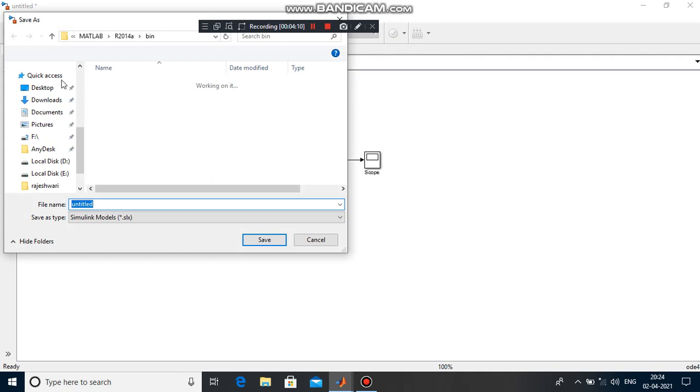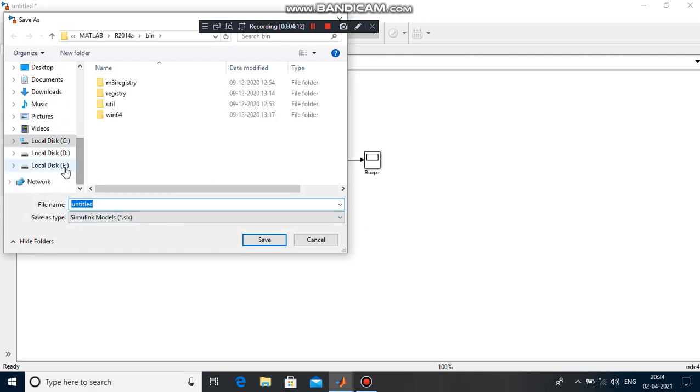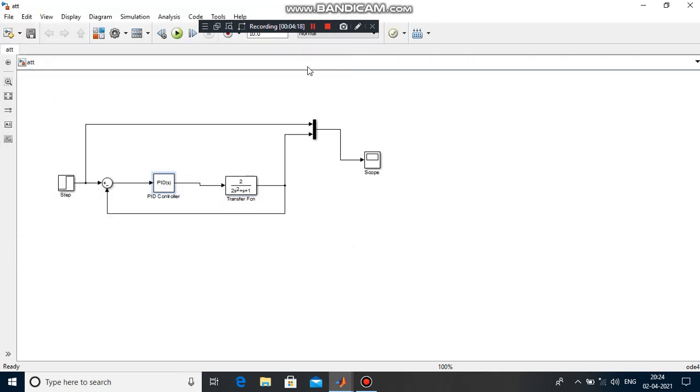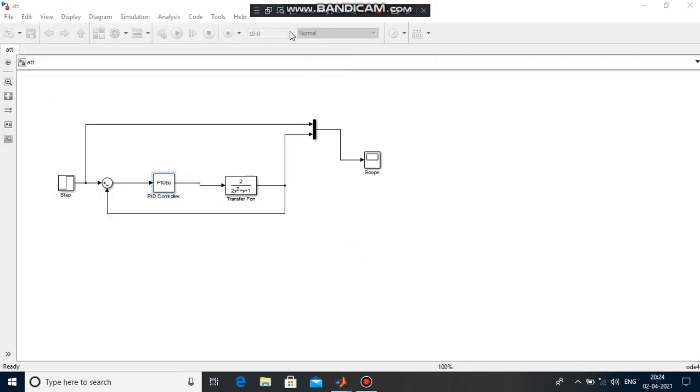You have to save the program in OneDrive. Then I have to change the runtime from 10 to 50 because we have to observe the output response clearly. Then finally I have to run the program and observe the output response.